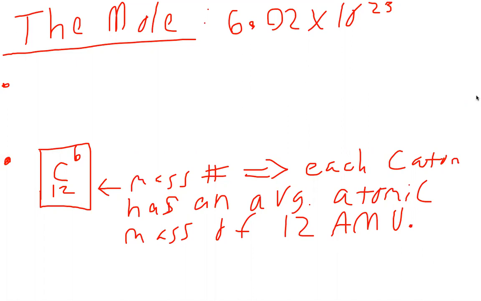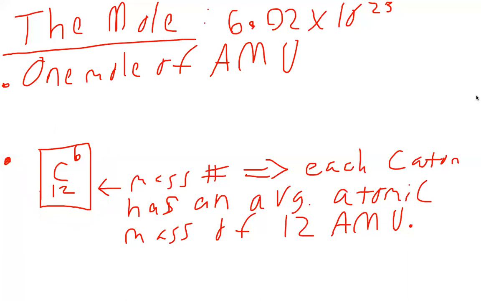All of our atoms are given masses in AMUs, but we as chemists have to be able to get from the atomic world back to the physical world. So how do we do that? We do that using the mole, when we're thinking about chemical quantities and physical amounts of chemicals. So it turns out that 1 mole of atomic mass units equals